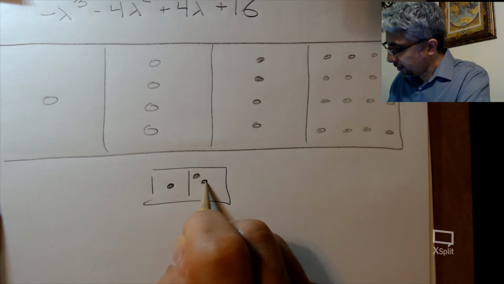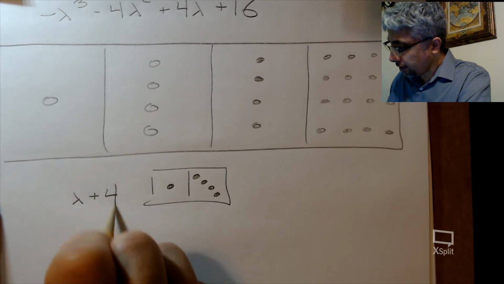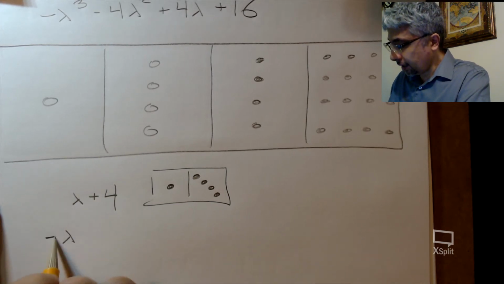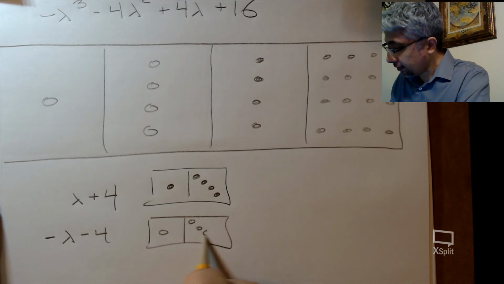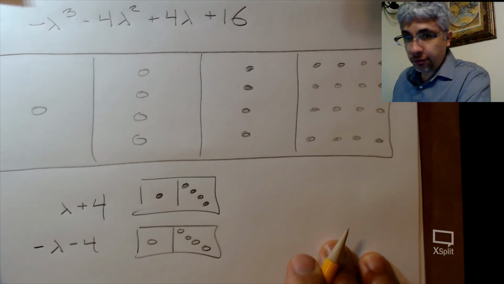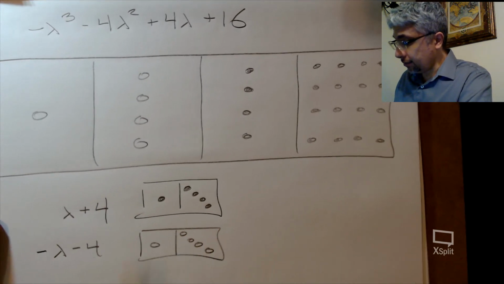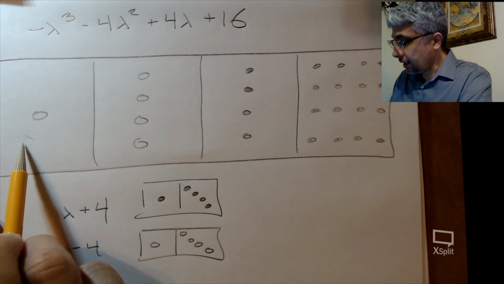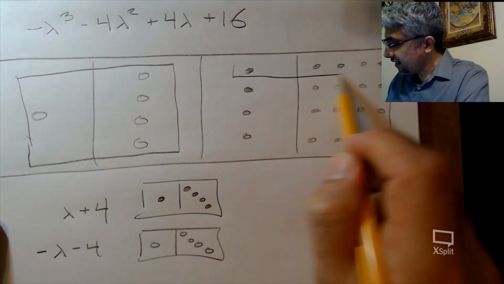This is going to be a much better one than we did with lambda plus 4. And remember that minus lambda minus 4, the negative, if we take out a negative, it's going to look like this. Okay, so what can we do? Well, I see some lambdas plus 4, and I see a minus lambda minus 4 right here. I could do this, and then this,